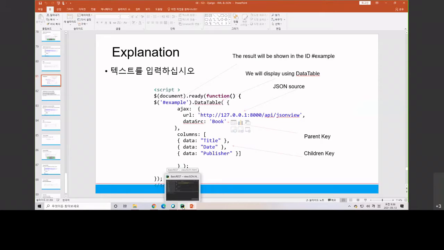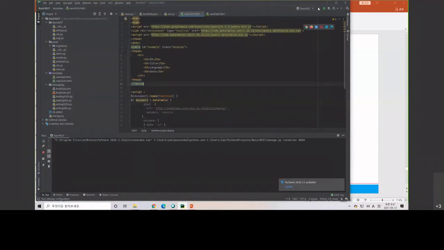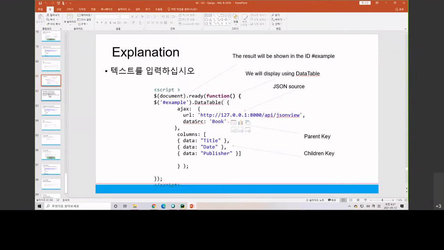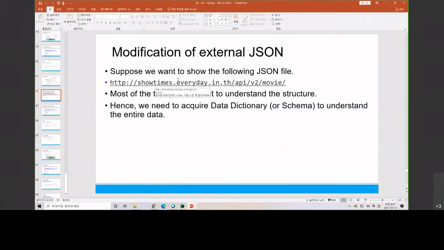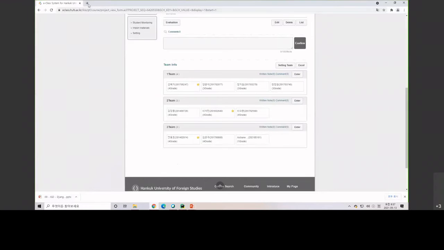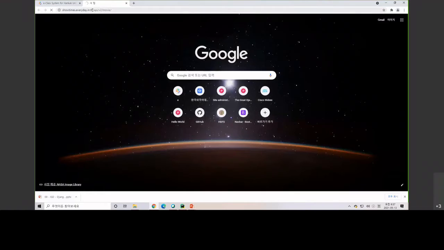Let me start by... Oh, okay, we are already getting the movie data. So we already use this one. So this is movie data. If you take a look, this is the list of movies in Thailand, and this data is in the form of JSON,